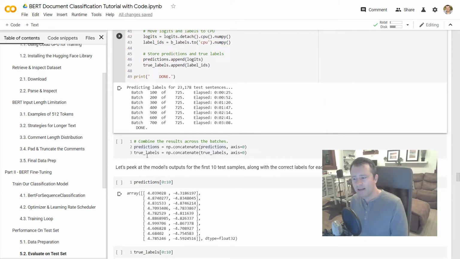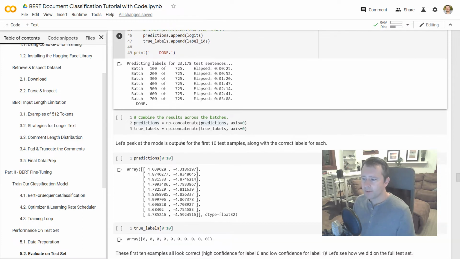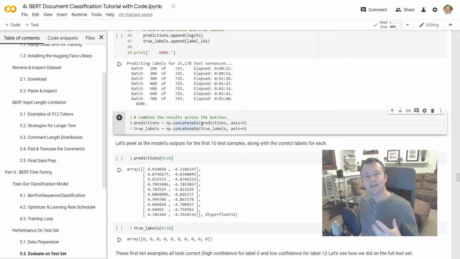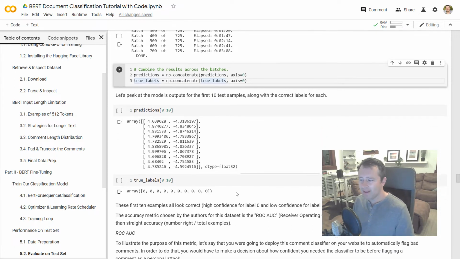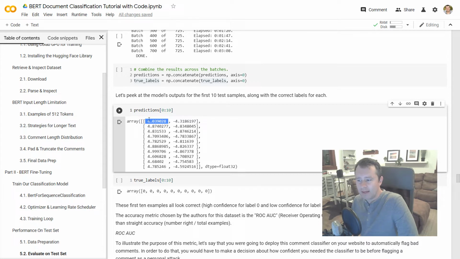Okay, now we can look at the actual results. Since we process these in batches, we have to combine those batches into single matrices of predictions, and then we're also assembling here the list of true labels. We can take a look at the first 10 predictions, and what we can see is that the first column is for label 0, and the second column is for label 1. So what this is saying is that the model is outputting a high confidence that this test sample, excuse me, is